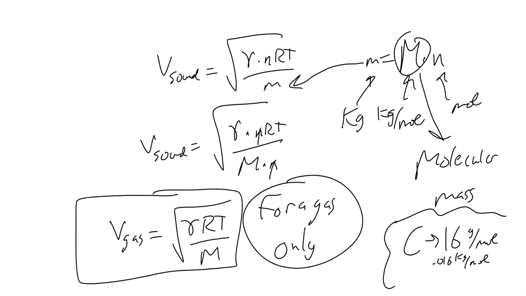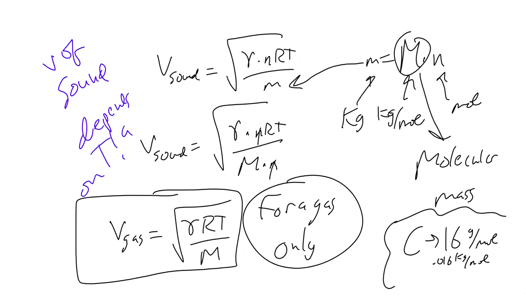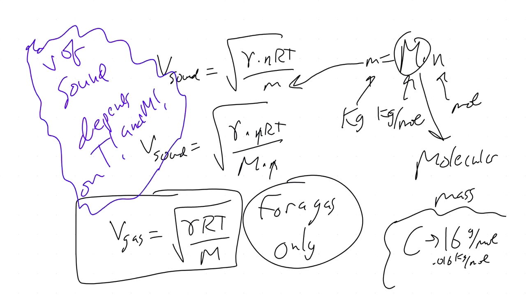So what does this tell us? This is really important. The velocity of sound, v of sound, depends on what? Temperature and molecular mass. It depends on temperature and it depends on mass, which means that temperature is now the connection,